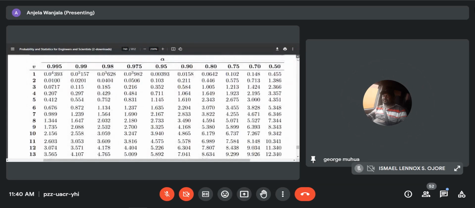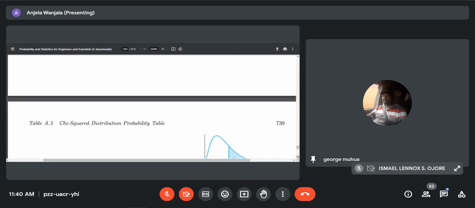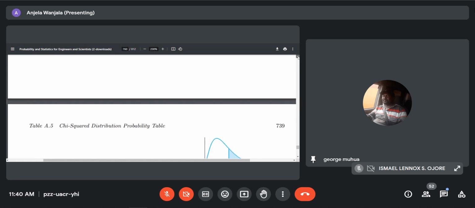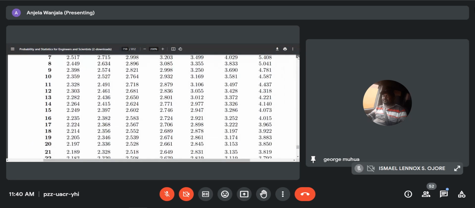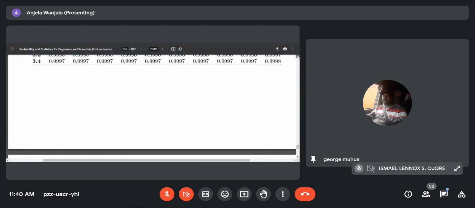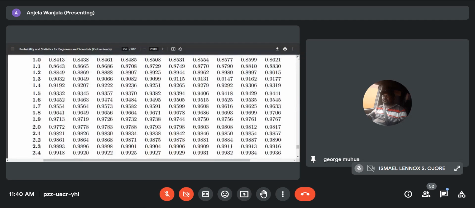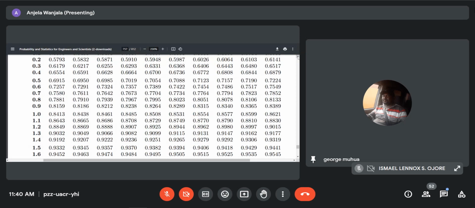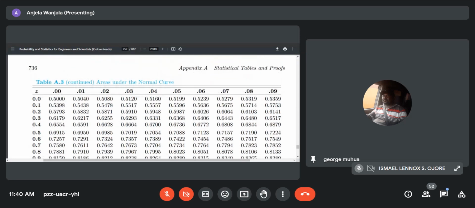So there are so many tables, but we are looking specifically for the normal one. So I think this is the normal table that is giving us the values. We have been given the values of Z. So when you want to read the probability from this normal table,